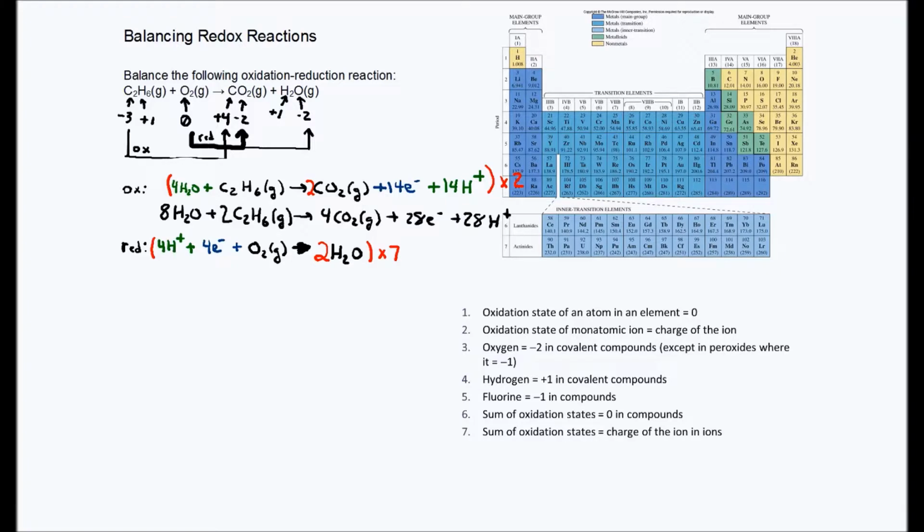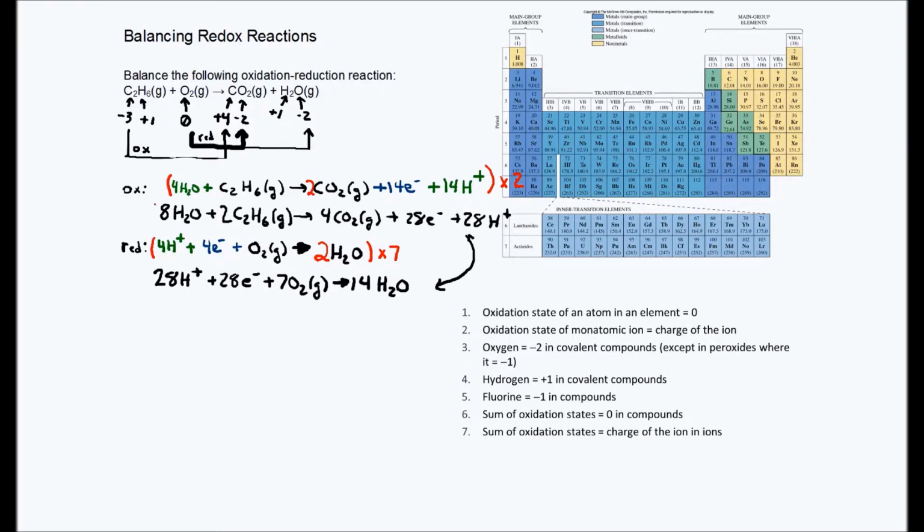Second reaction, multiplying by 7, 28 H+ plus 28 electrons plus 7 O2 gas forms 14 H2O. And now I'm going to take these two reactions and I'm going to add them together, but I'm going